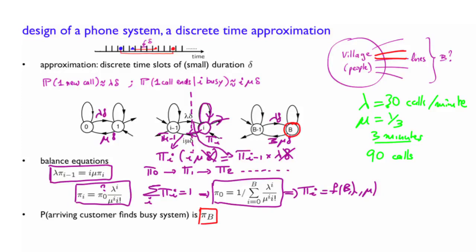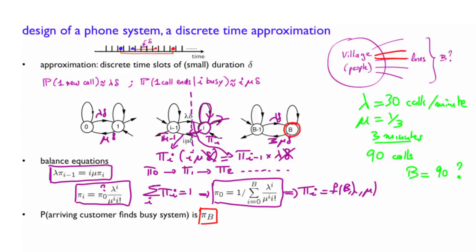And if 90 calls are active on the average, you could say, okay, I'm going to set up my B to be 90. But that's not very good, because if the average number of phone calls that want to happen is on the average 90, sometimes you're going to have 85 and sometimes you'll get 95. And to be sure that the phone calls will go through, you probably want to choose your B to be a number a little larger than 90.